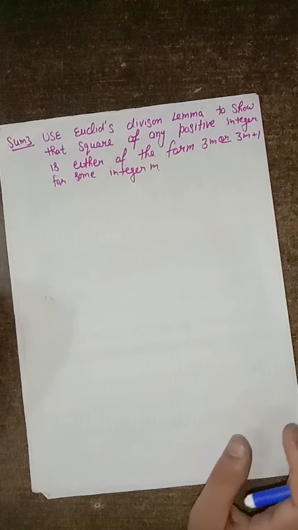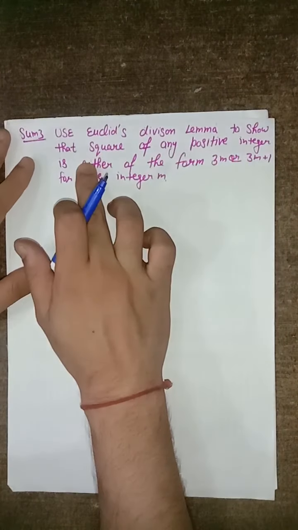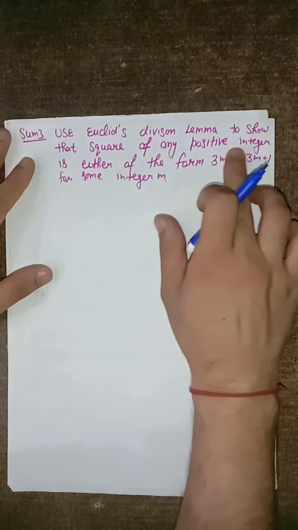Now our third sum is: use Euclid division lemma to show that the square of any positive